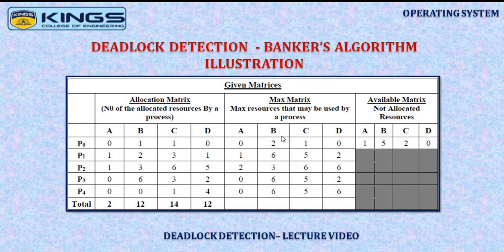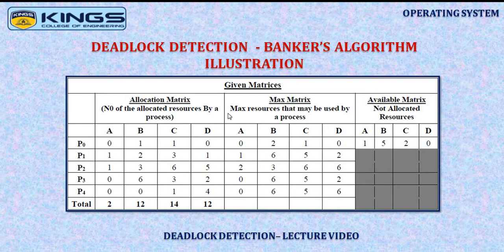Max matrix is a matrix which denotes the maximum requirement of resources by each of the processes. Let us see process 0. It is not in need of any A resource at all, so there is an entry of A as 0. Moving on to B resource, it is in need of 2. So it is requiring 2 instances of B resource, 1 instance of C resource in order to complete its